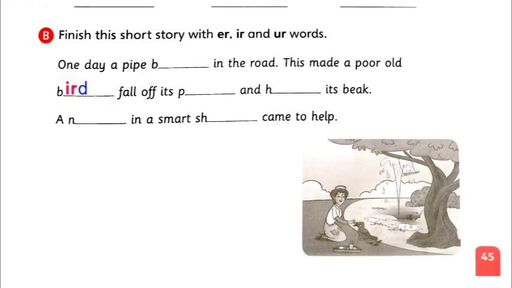So bird falls off its, again they have given us a first letter for the word. So what is the sounding word that we can write here? Perch, no, the word perch. I said it can be a tree, it can be a beam, but it's a horizontal thing. So above the tree you can see the branch, no, it's horizontal. So we will write the word perch because that has the sound, no. So the first letter is given, you will write ERCH. So the word is perch, P-E-R-C-H, perch.